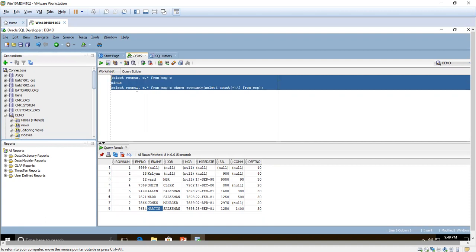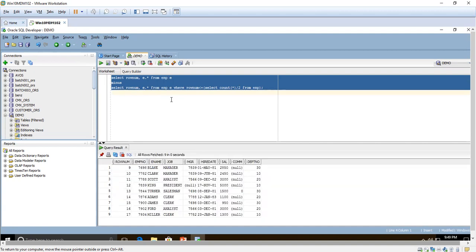Now we are going to display the last 50%. See, it starts from the row number 9. That means the 9th record. We use the row number because only then can we know from which record it is selecting. If we don't use that, we cannot filter out the records. You have to use the row number. By using this row number only, we are going to display the last 50%.